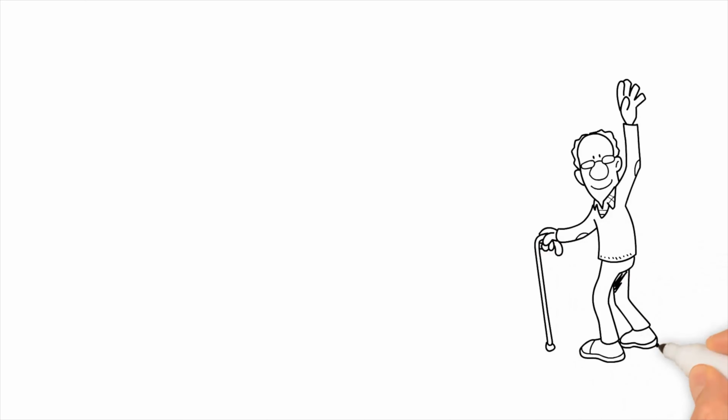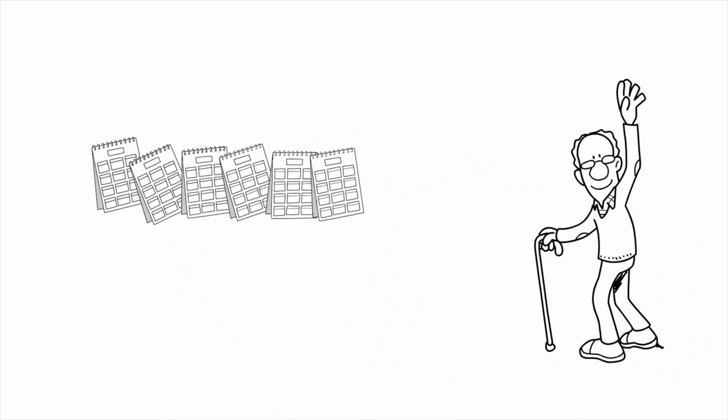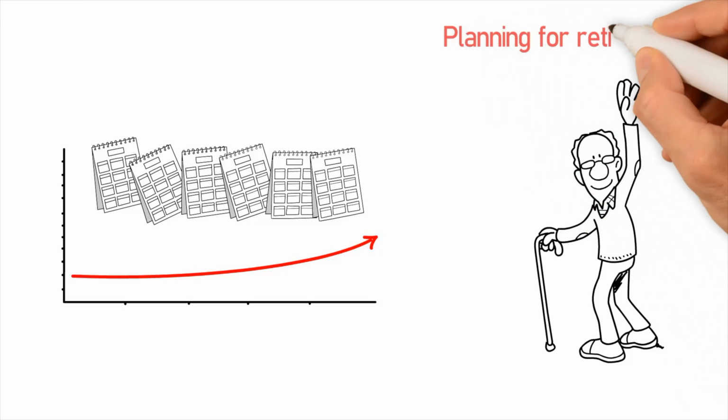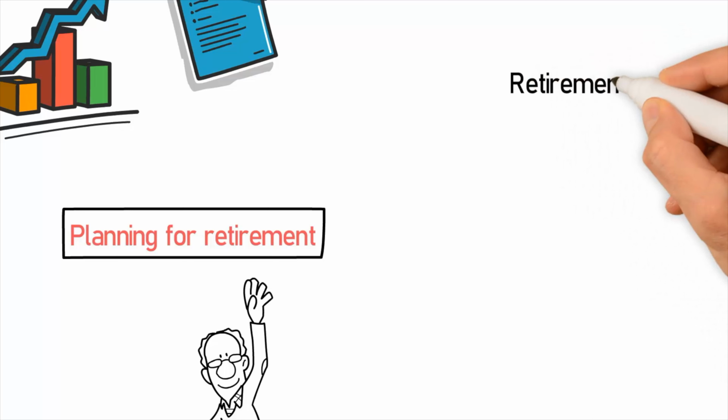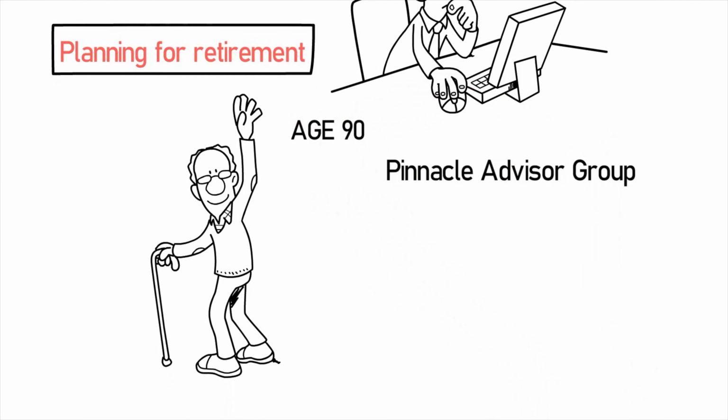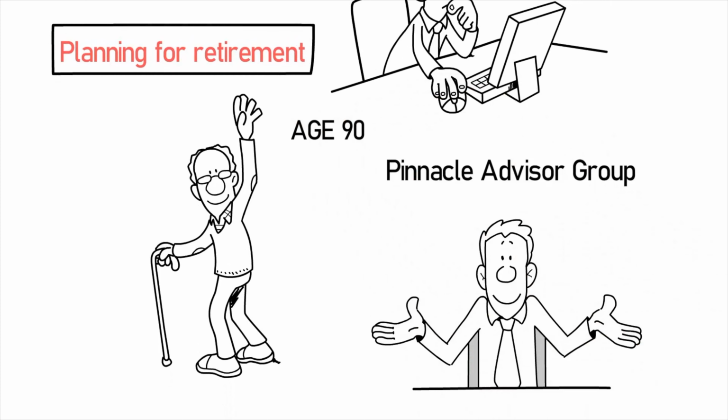It also will take a look at your goals for retirement and your time horizon, a long-term time horizon, because we're going to talk in the context of planning for retirement. And when I say planning for retirement, I don't mean to retirement until you retire. I mean all the way through retirement. And for planning purposes, we like to plan out at Pinnacle Advisor Group to age 90. So I want you to think in that context, okay?